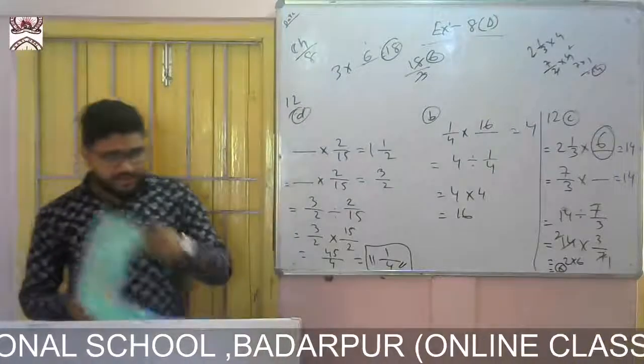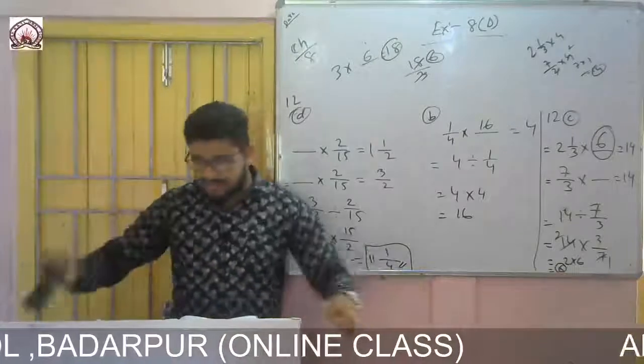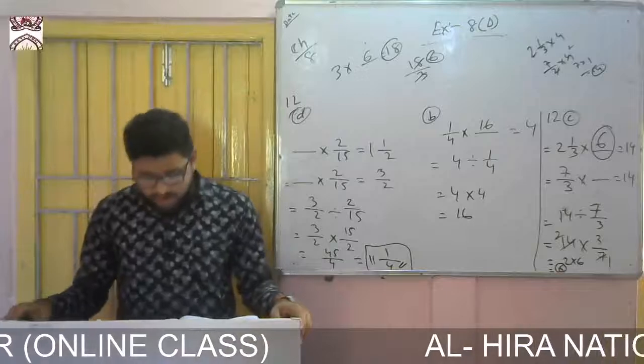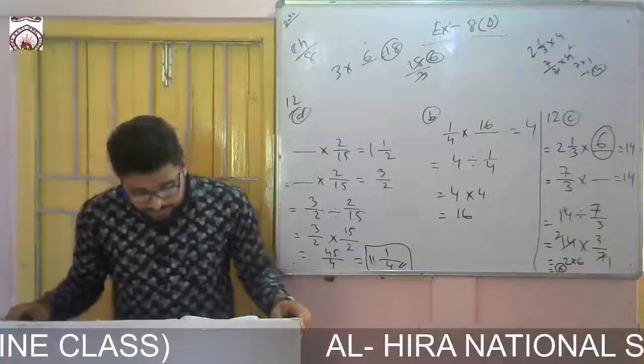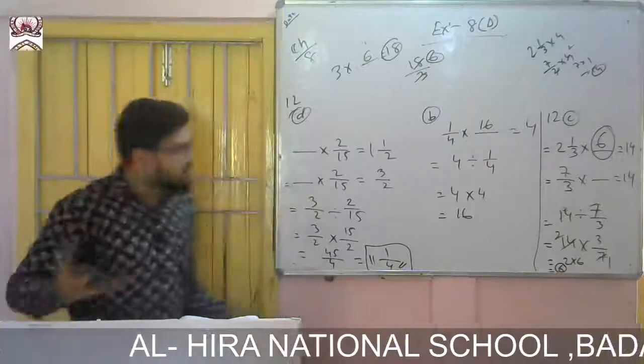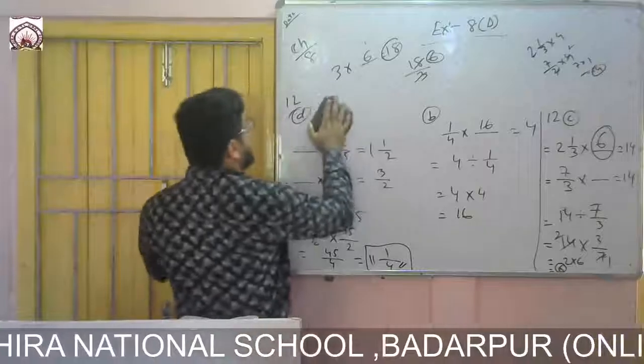Then come to exercise 8E. In exercise 8E, what is there? On Sunday a restaurant had 100 guests. 13 by 20 of the guests were male. How many were female? This is multiplication, so you see how to do it.